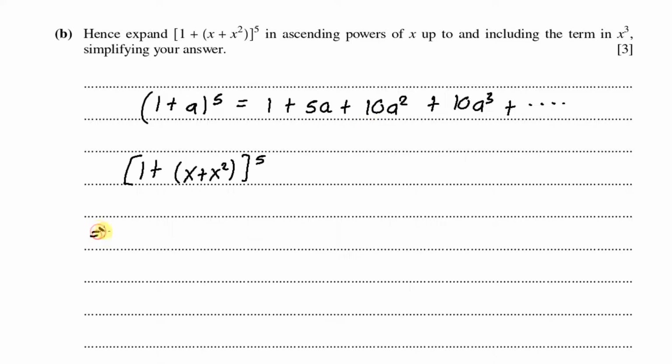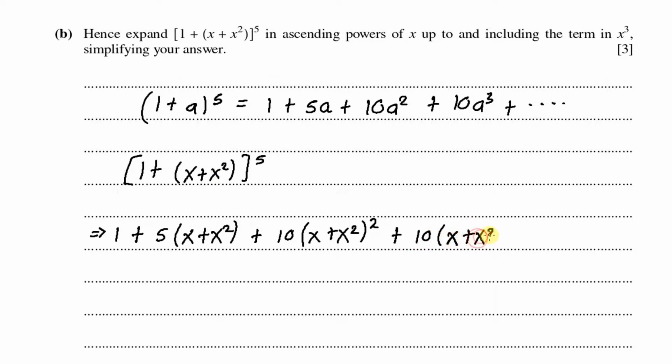So this is going to give me 1 plus 5a, which is 5 of x plus x squared. And that's plus 10a squared, which is 10 of x plus x squared squared. And then that's plus 10a cubed, that's 10 of x plus x squared cubed. So we're going to simplify this, and remember, we want the powers up to and including the term in x cubed. So let's simplify. So this will give us 1 plus 5 times x, that's 5x, 5 times x squared,